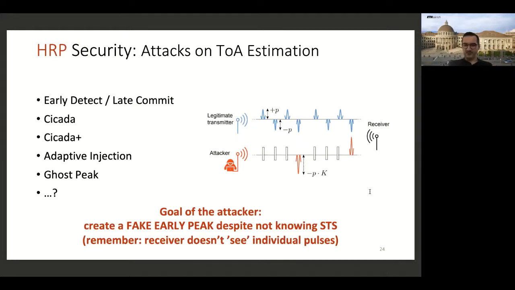And remember here, the receiver doesn't really see individual pulses. So it's not like you can decode individual pulses, 4,000 pulses, and now you match against the sequence. No. At the receiver, you're essentially aggregating the energy across. So you're not making a decision on individual pulses, you're making a decision on the entire sequence. You're saying this sequence is similar enough to the local copy that I'm supposed to have.